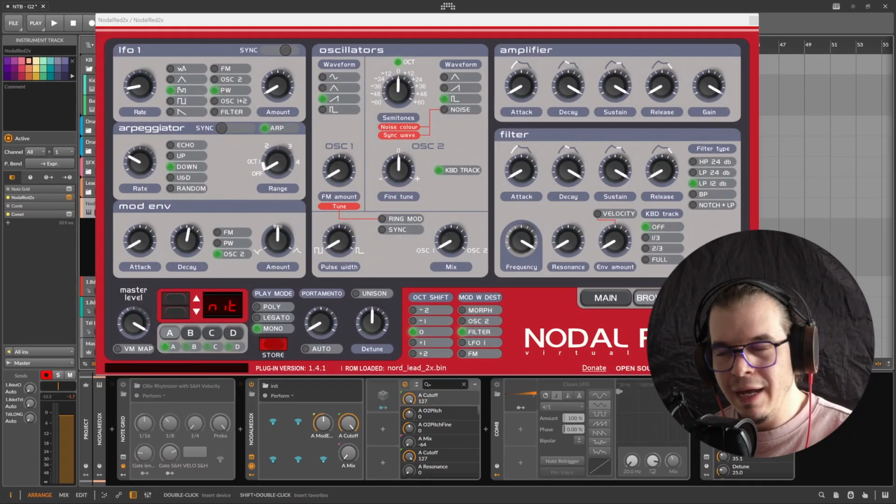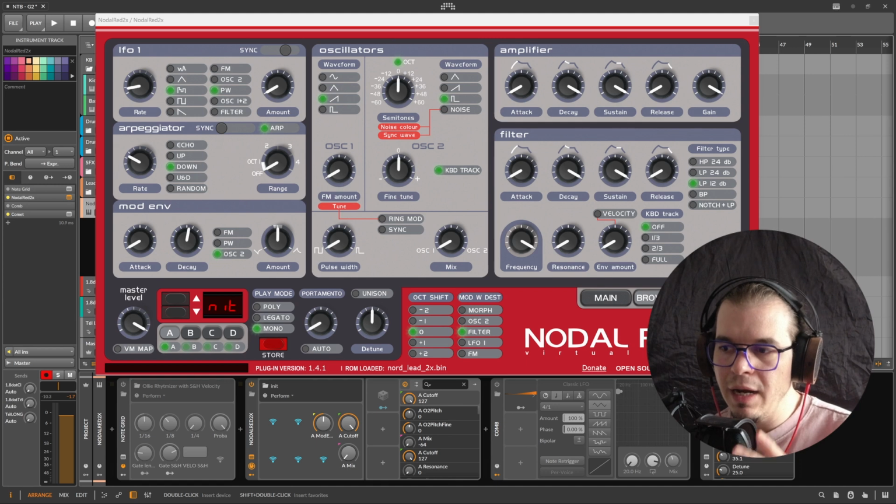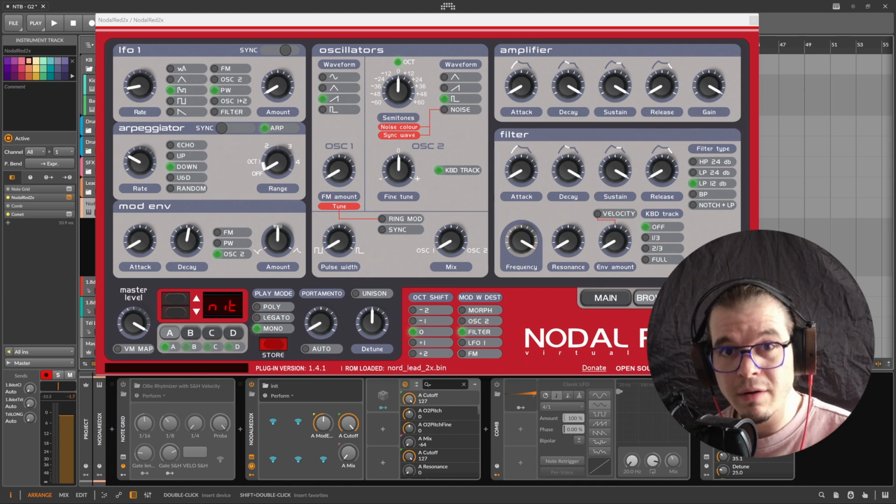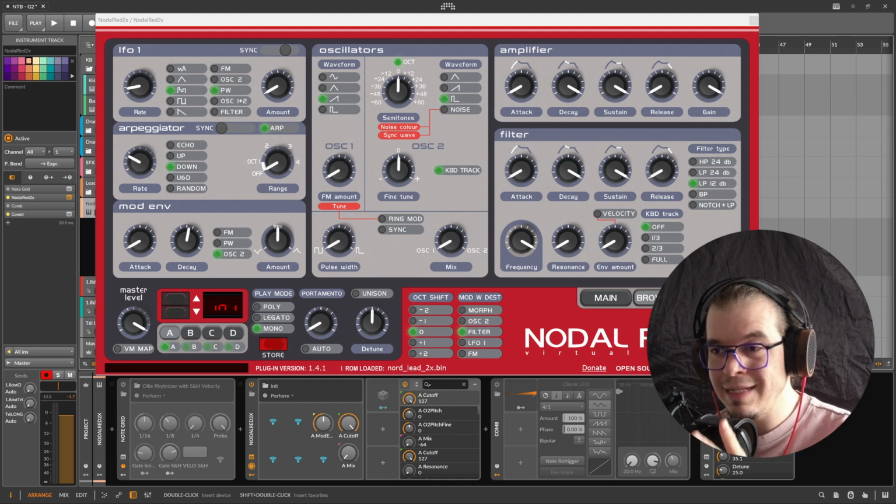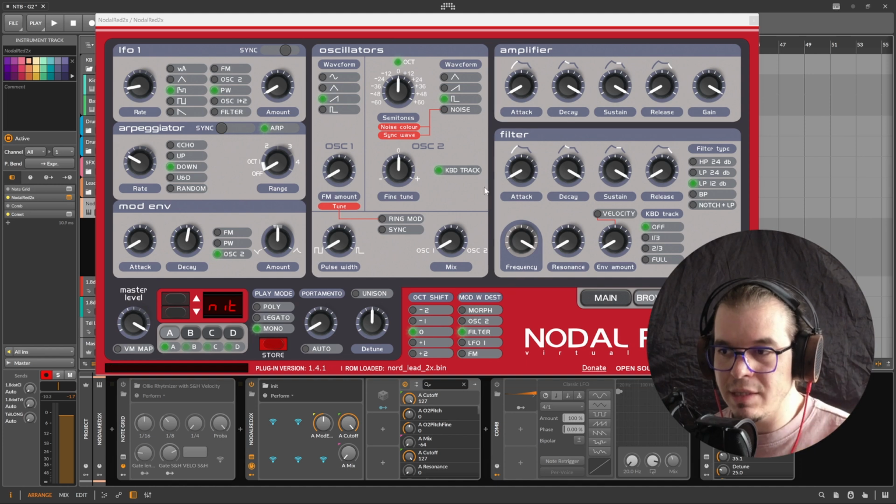Now the big question, how someone like me, who considers the Virus to be one of the best synthesizers out there, at least in the hardware world, for its deep sound design capabilities, fell in love with such a simple and straightforward synthesizer that has nothing to do with the sound design capabilities of the Virus? The answer for that is sometimes simplicity is key and less is more. This synthesizer is the definition of this concept, and it